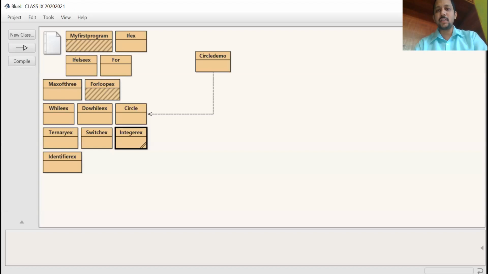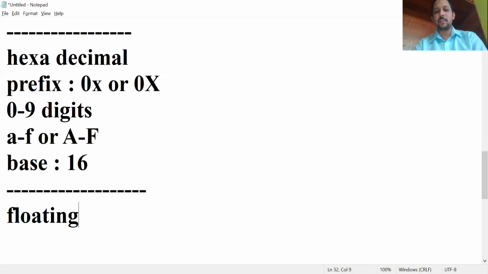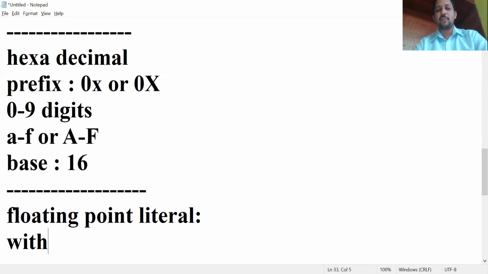And the next one is floating point literal. Sir, what does floating point literal mean? Floating point literal means the opposite of integer. Integer we use without decimal points. Floating point literal means with decimal points.